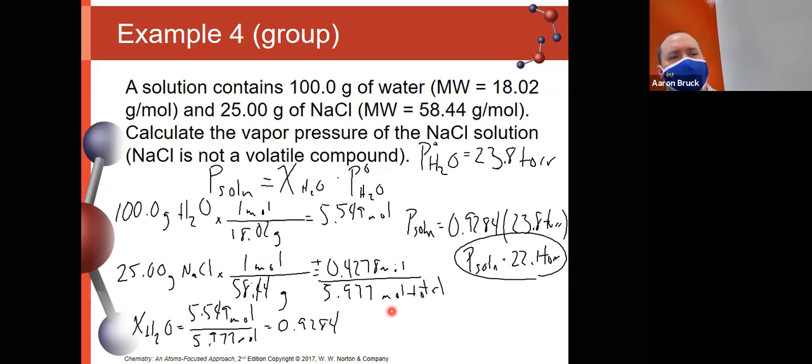So, technically speaking, all of your Raoult's law would look like that: P1 times mole fraction 1, plus P2 times mole fraction 2, plus P3 times mole fraction 3. But for all the ones that are non-volatile, those products are all going to be 0 because the vapor pressures are 0. And so we can just leave them off. And so if we have a solution where the only solute is non-volatile, then all we have to worry about is what happens to the water. In the end, we'll get 22.1 torr as its